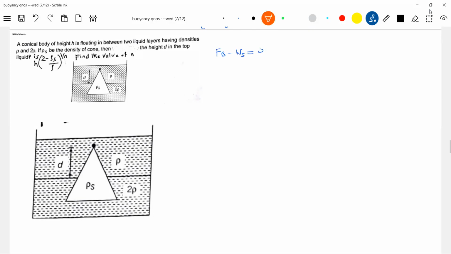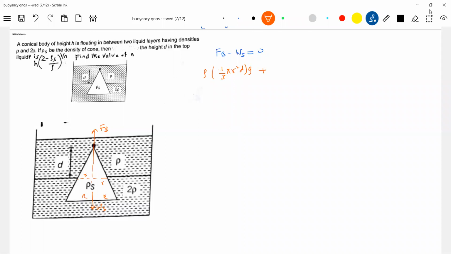Weight of the solid will act vertically down. Bayern force will be vertically up. Agreed? Okay, now what is the Bayern force? Rho into the volume immersed in the upper part of the cone. Rho, the density of this liquid. What is the volume of the upper part of the cone? For that, you see some conditions are there. We don't know the radius, no? So call this R, this R, and this small r. 1 by 3 pi r square d into g